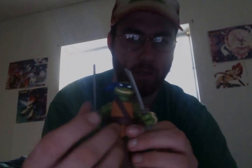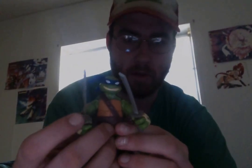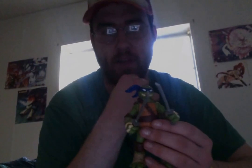The original deco of the character was show accurate, and they have new decos out that are kind of like variants of the 87 show, with a lot of variants. I've been looking for this one for some time, and the wrists have very good swivel, the elbows have very good bend, and the shoulders are incredible. All around great articulation on these basic figures, and some of the variants had trouble,